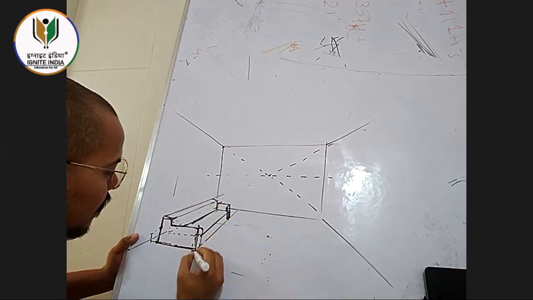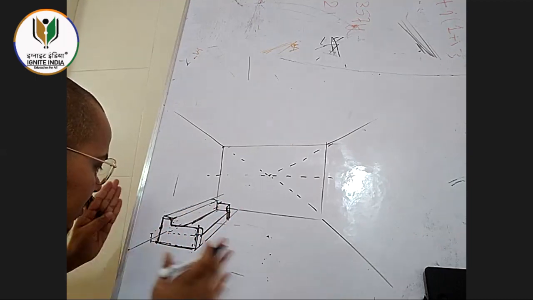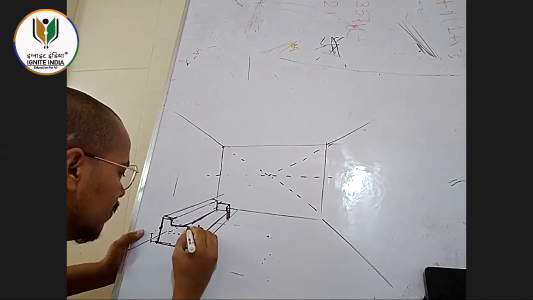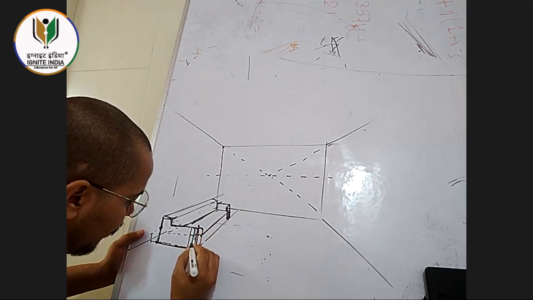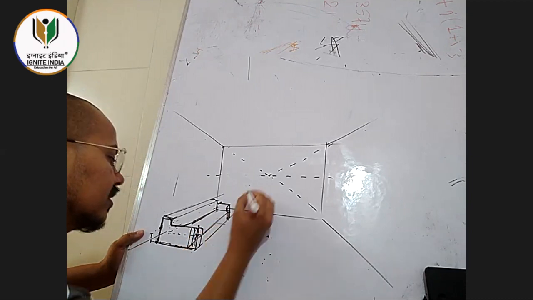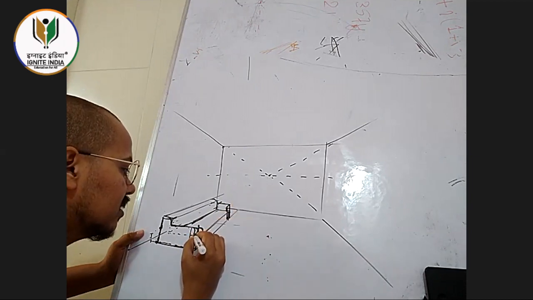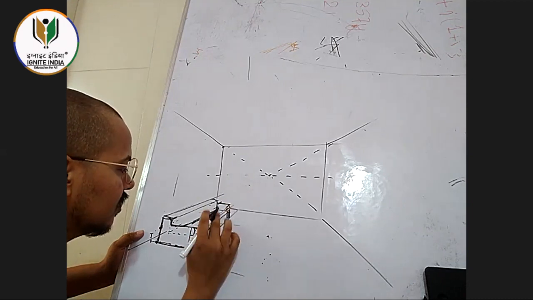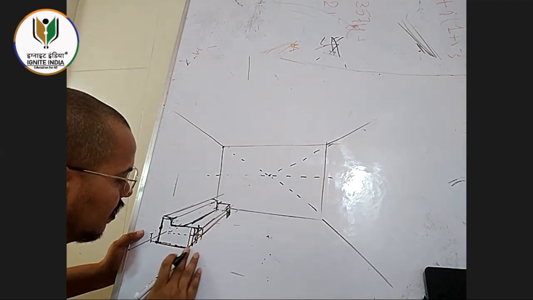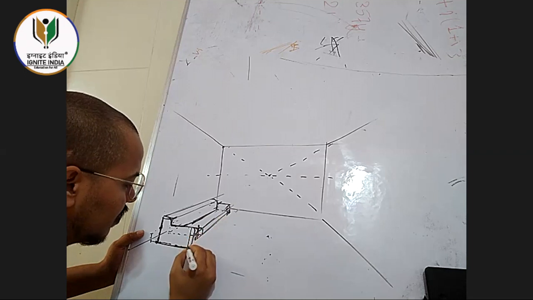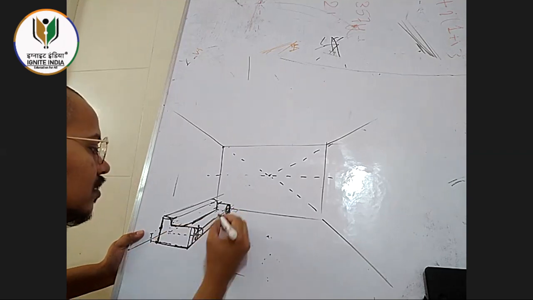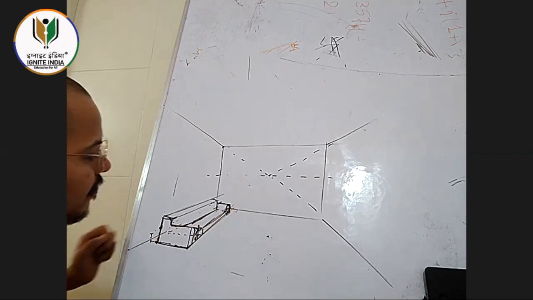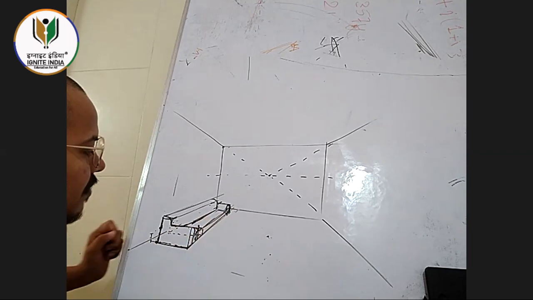Alright. If this is getting a bit too long, reduce its size, bring it till here. And from here it will go like that. So the sitting posture will change now here. Okay. The width has reduced a little. Can you see that? The width has reduced now. It became a long sofa.